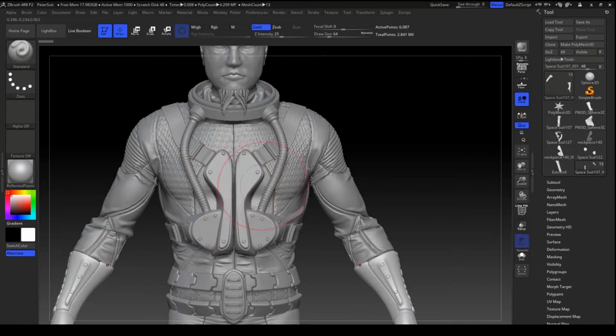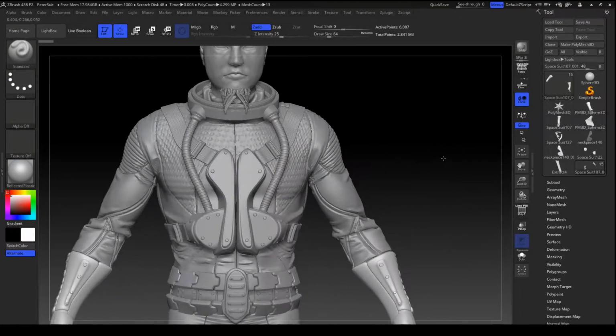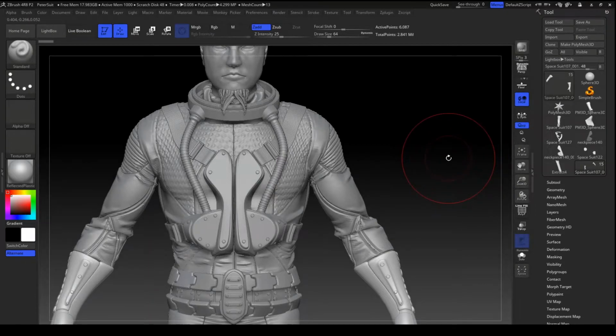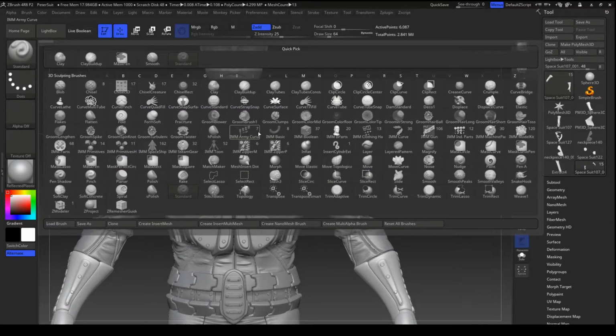So I appended a box here in the middle and I did hard surface modeling. It's also the same as I showed you during making the boots. But these details here, I will show you how I did them. So I went to the